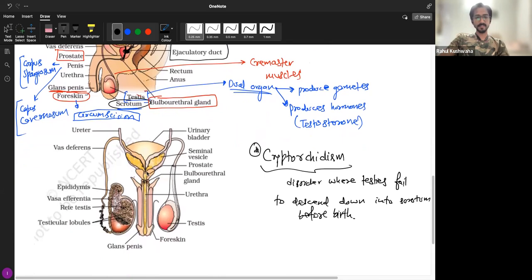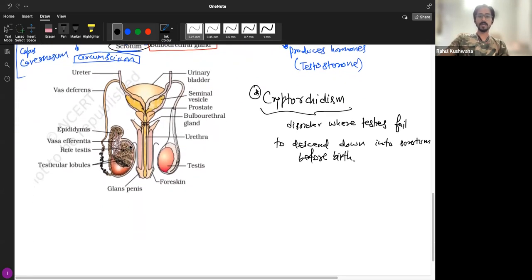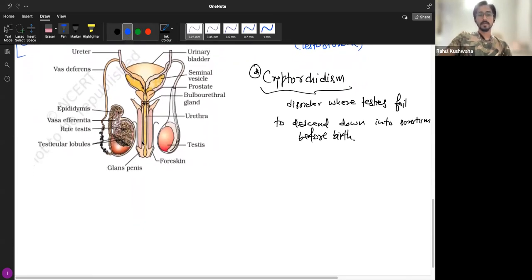Now let's go to specifically the male reproductive system, the gonads or the reproductive system quickly. So look at this diagram now. This is a frontal section of the male reproductive system, where you can very clearly see there are two seminal vesicles, right? There is one single prostate. It's not like there are two prostates. It just looks like that because from the center comes the urethra. So this whole structure is one single structure. It's quite heart shaped, I don't know why.